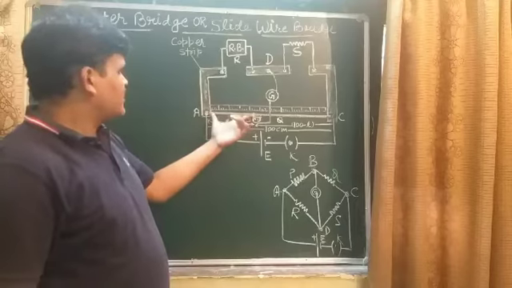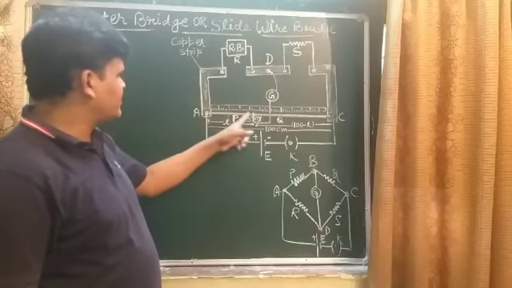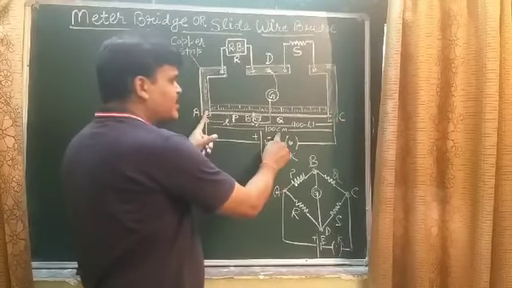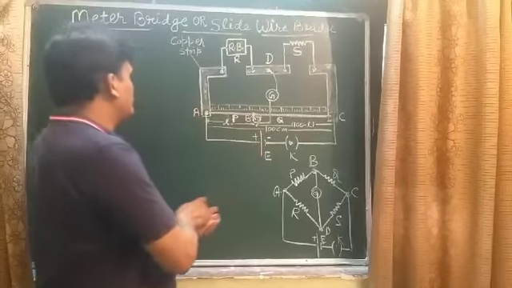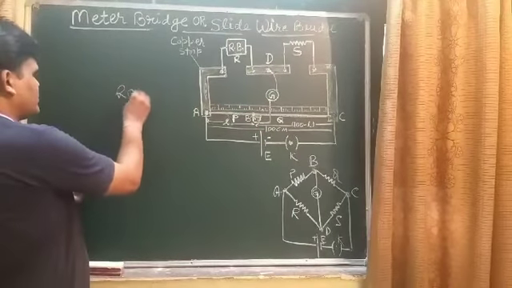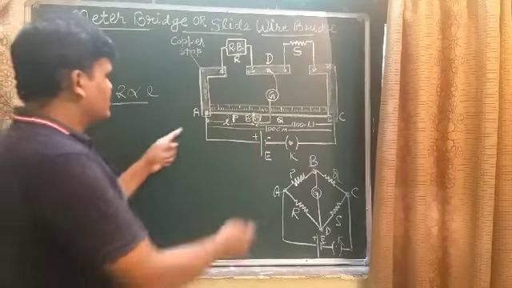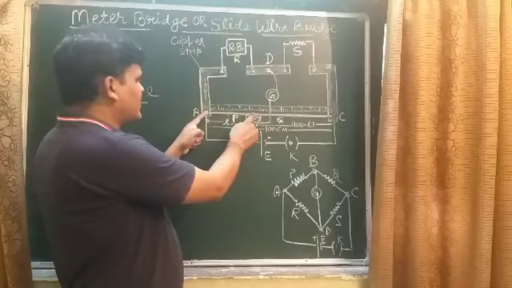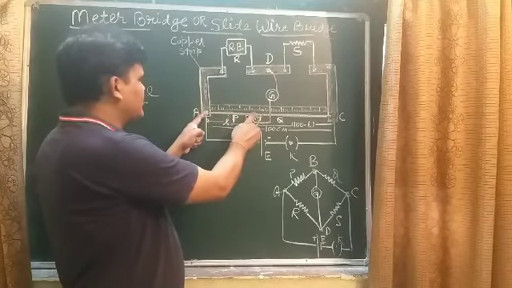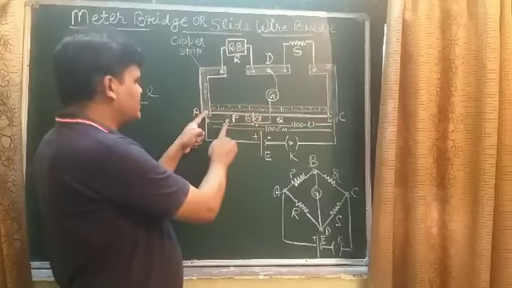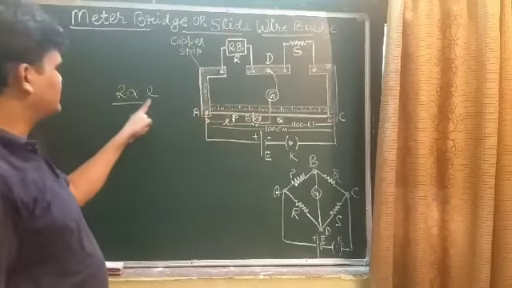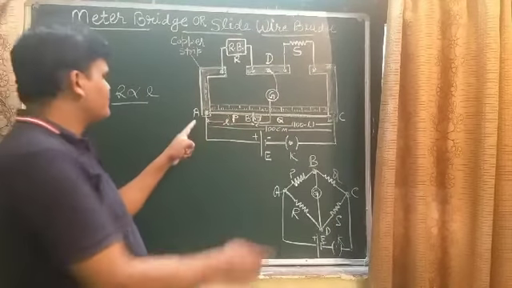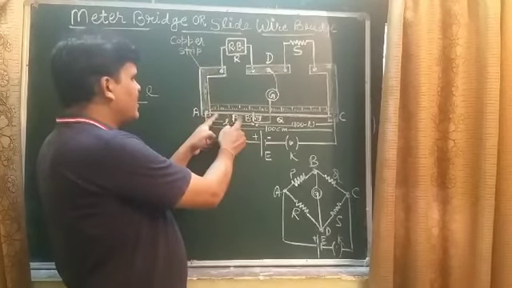And students, one thing should be remembered, see the diagram carefully. Suppose the total length of the wire AC is 100 centimeter, and you also know that resistance is directly proportional to the length of the wire. So suppose this length of the wire AB is L, and its resistance is taken to be P. So if P is the resistance of the wire AB,